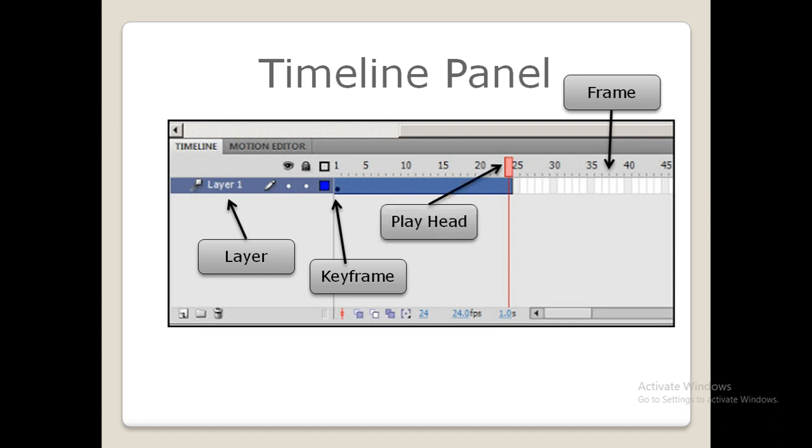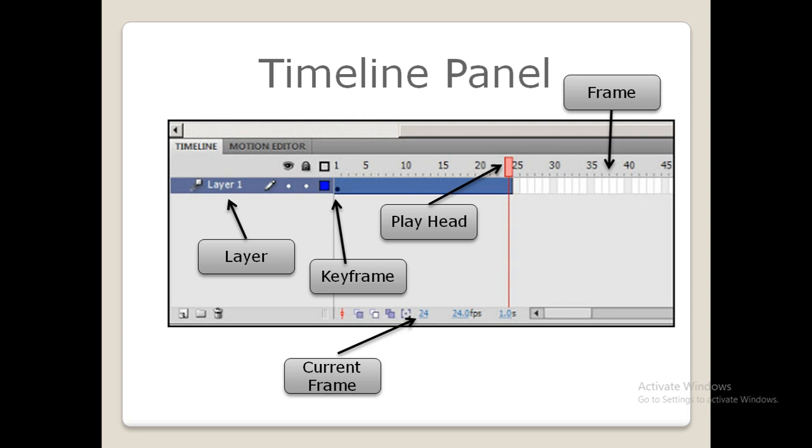Next, coming to playhead. Playhead is used to indicate which frame is playing on the stage. So it is indicated by a red rectangle with a thin vertical line. Next, coming to current frame.